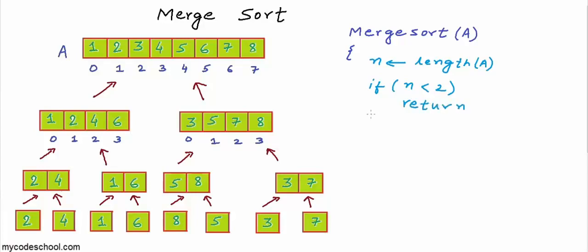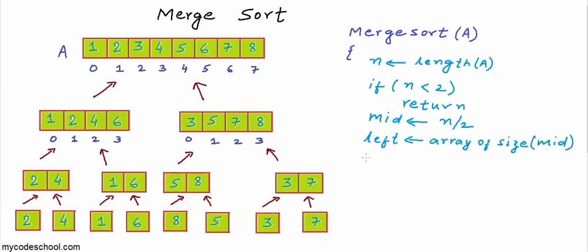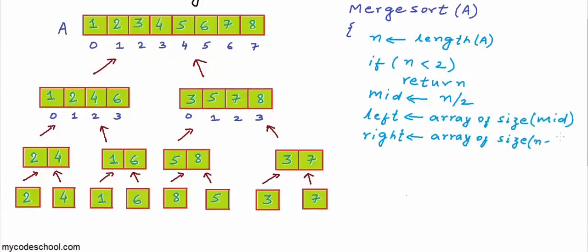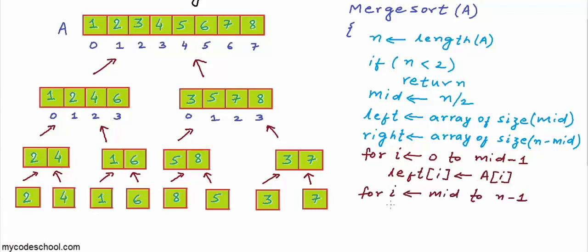Else what we can do is we can first find out a middle position, and then we can create 2 arrays, one of size equal to mid and another of size n minus mid. So first array will have all the elements starting index 0 till mid minus 1. We can just fill the elements. We can run a loop from 0 to mid minus 1, so there will be mid elements in all, and we can say left[i] is A[i], and then we can run another loop from index mid till n minus 1, so there will be n minus mid elements in all, and we need to fill in right[i minus